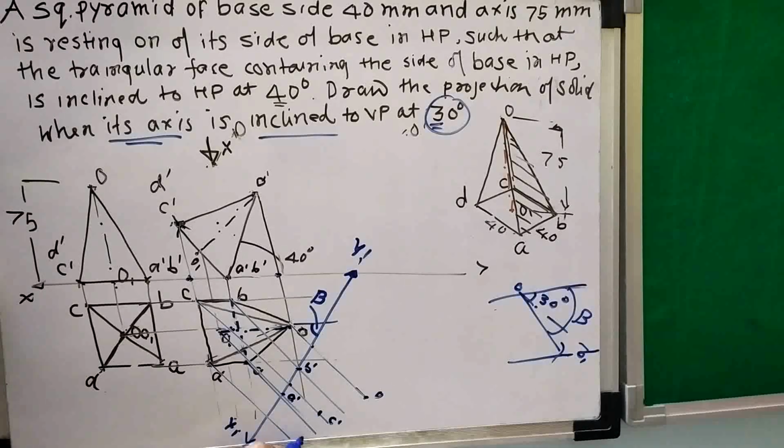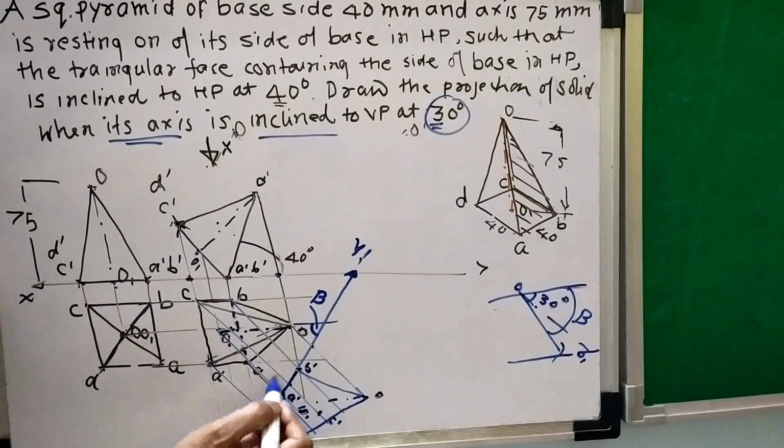So this is C and this is D. So I got A, B, C, D, and this O1, this distance I will take, and O1. So this is the axis, and then I will join first the boundaries. This boundary, I will join this OD boundary, I will join this OB boundary, and then I have to consider